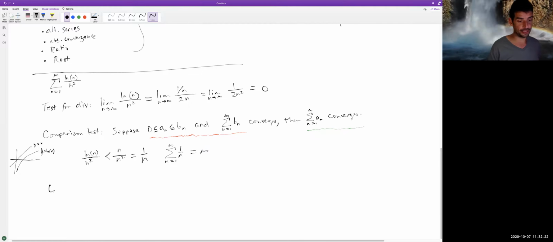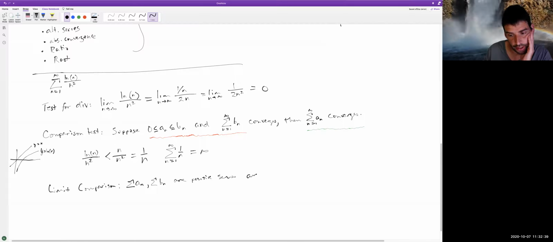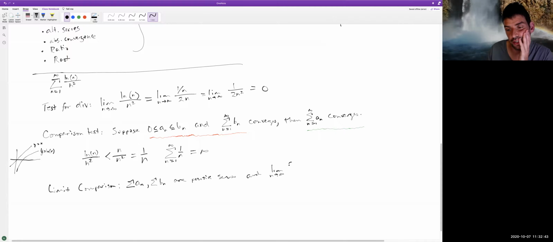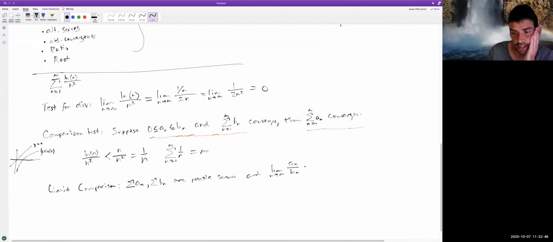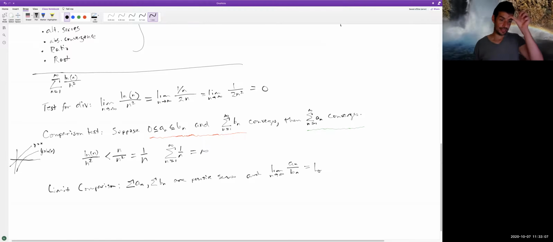What I need is something like: if two series, and the limit as n goes to infinity of a sub n over b sub n is equal to a finite number, then both series converge or both series diverge. So if they have this finite limit,